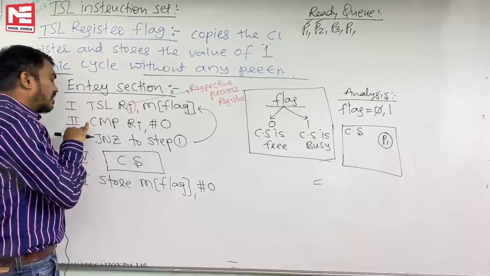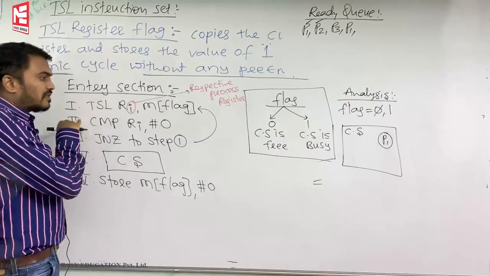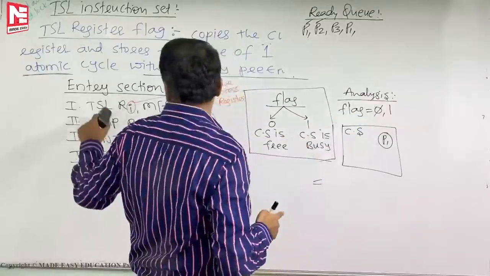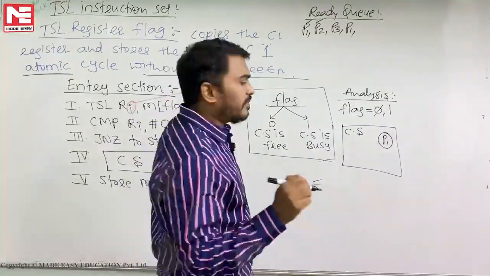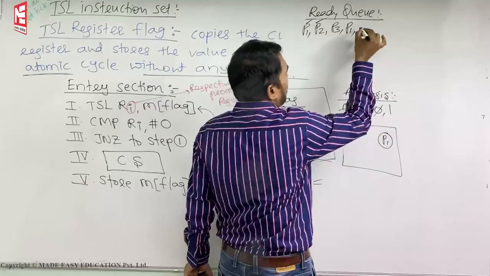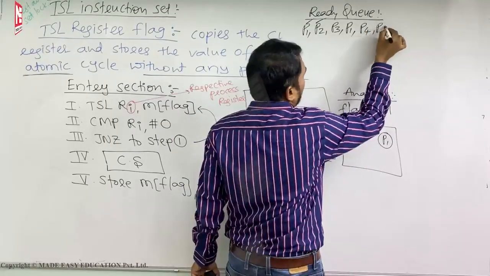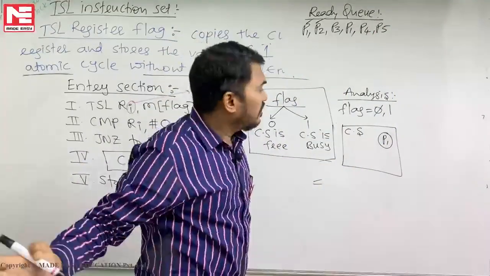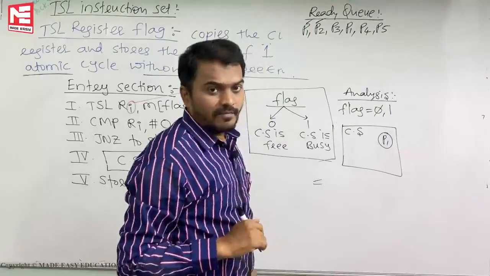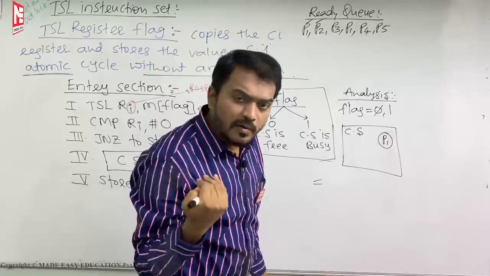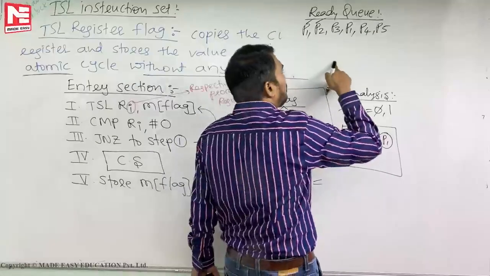P2 will execute these 1 2 3 instructions, and P2, even though scheduled, sees flag value 1, and will keep on executing these 1 2 3 instructions. Remember when P2 is executing on the CPU, new processes P4 and P5 arrived, so you write them in the ready queue first, round robin flow chart. Next, P2's time quantum also expired, so P2 will also go back to